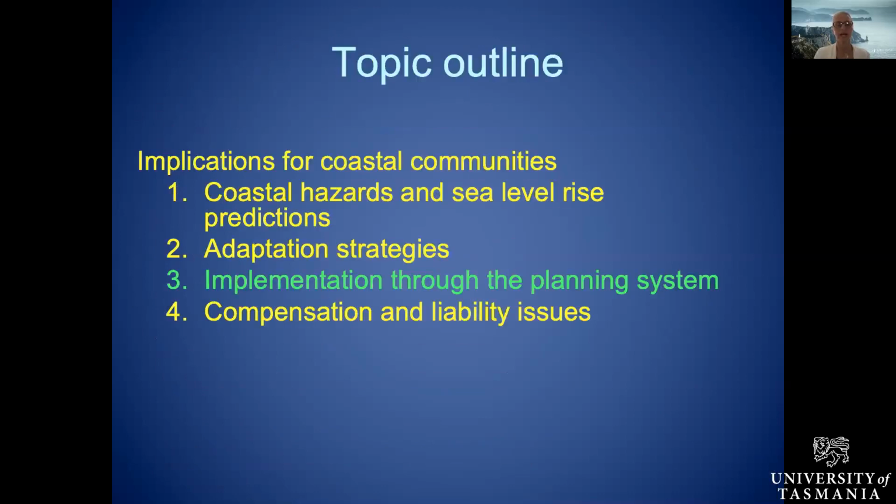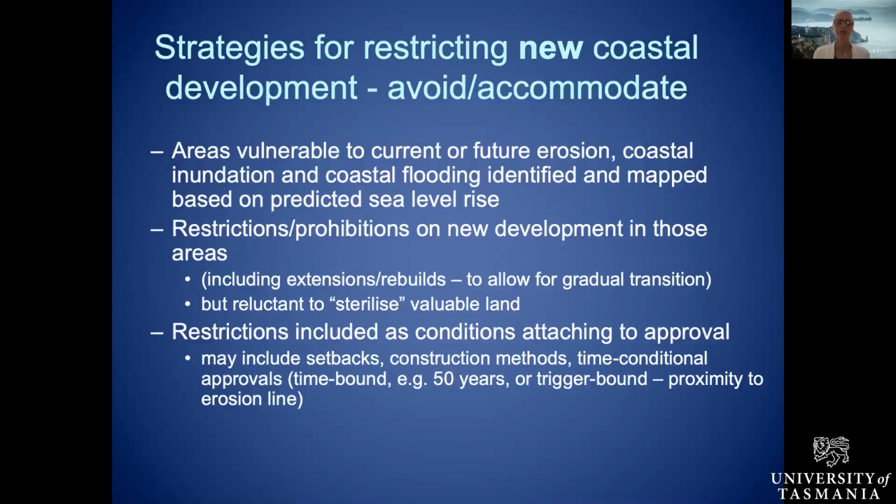So let's look briefly now at how we might implement some of these response strategies through our state planning systems and our local planning systems. We can think about avoidance and accommodation options by the dominant model, which is to identify areas that are vulnerable to current and future erosion, and to map those in our planning frameworks and our planning schemes. And what you then do is you say, those are areas that are too hazard prone, and we're not going to allow significant development in those areas unless it's very small scale development that's capable of being removed in a short time frame. So you map, you identify high risk areas, and then you restrict or outright prohibit further development